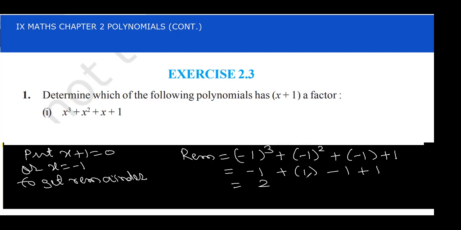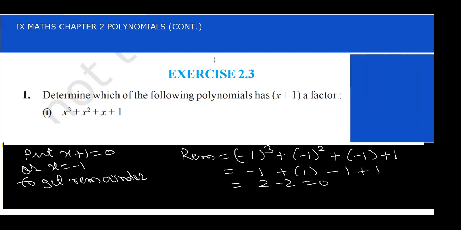So +2 -2 that is 0. हमें पता है कि अगर मैं x plus 1 से डिवाइड करूंगा तो रिमाइंडर हमारा 0 आएगा। तो ध्यान रखिए अगर रिमाइंडर 0 है, इन एनी केस आई एम टेकिंग हियर वन एग्जांपल फॉर यू। आई एम टेकिंग एन एग्जांपल हियर कि कैसे इसको चेक करते हैं।